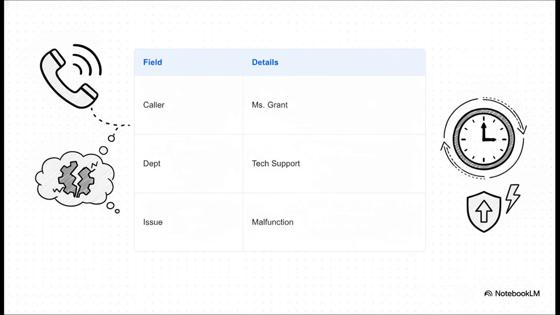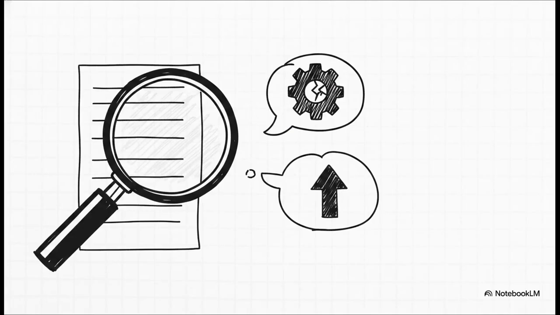Check out this phone message from a Miss Olivia Grant. She is looking for technical support. The reason? A service disruption. The detailed message states that Ms. Grant reported a malfunction in the company's online ordering system. She requested a callback before 3 p.m. and noted the issue may require escalation if not resolved today. Notice how our crisis vocabulary is literally everywhere in this realistic task. So, let's challenge your understanding of that message.